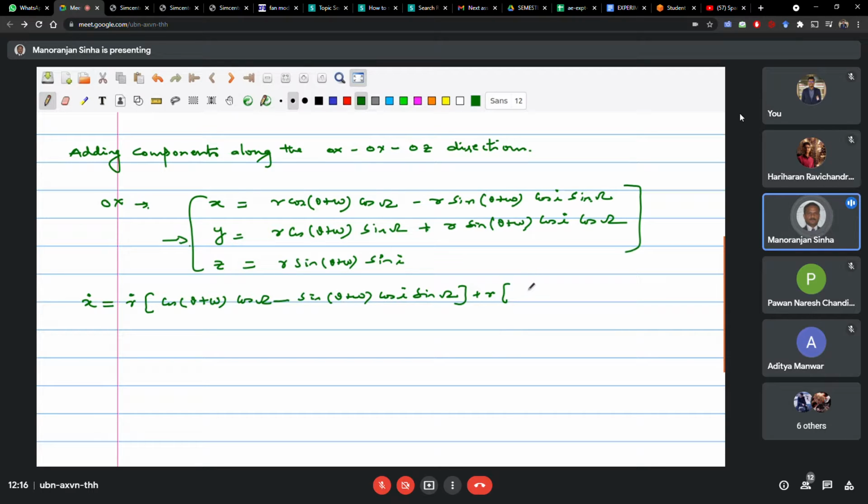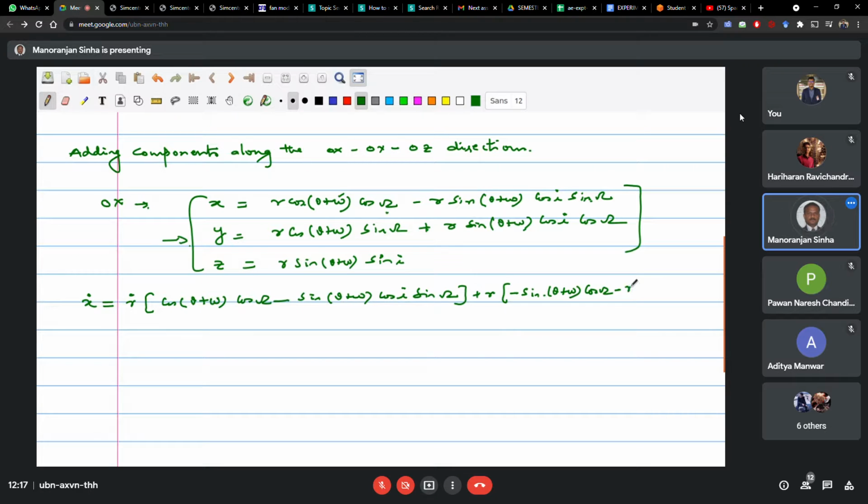So we will have here cos capital omega, small omega, all these things are constant. Whichever quantities are constant, we need not differentiate, only theta will get differentiated. Therefore we get here minus sin(theta plus omega) and cos capital omega